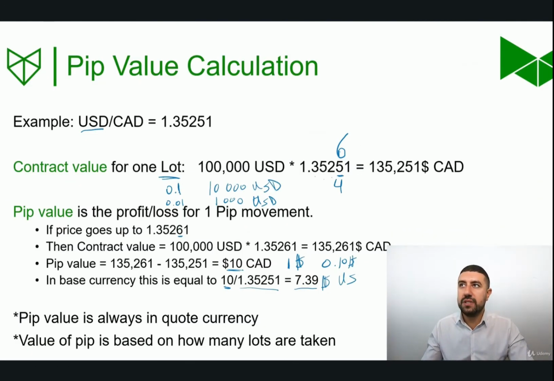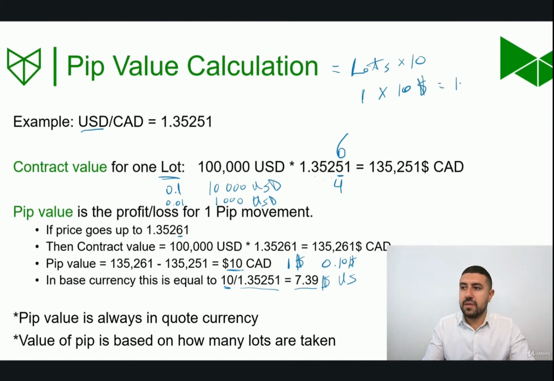Now, a way to do this is very easy. There's a simple formula to calculate this. And the PIP value, you can conclude that it would be the lots, how many lots you're using, times 10. So that's the simple version of the calculation. So if you're trading one lot, well, one lot times $10 is going to give me $10. That's the PIP value. If you're trading, like we said here, 0.1 lots, well, you would do 0.1 times $10,